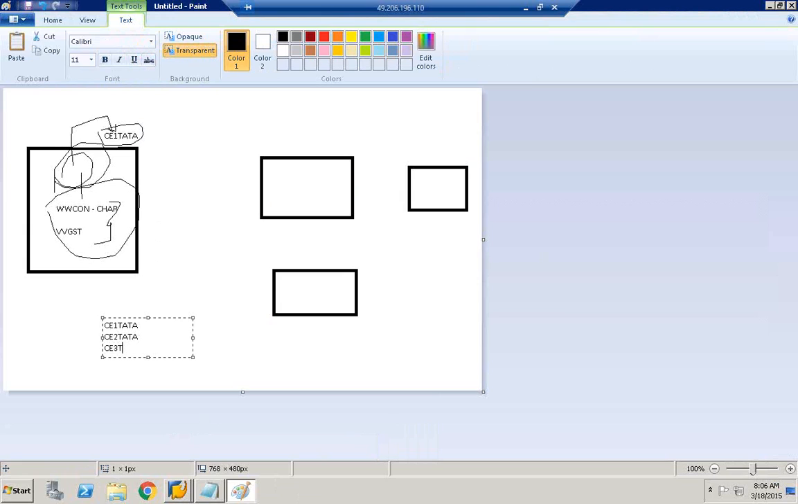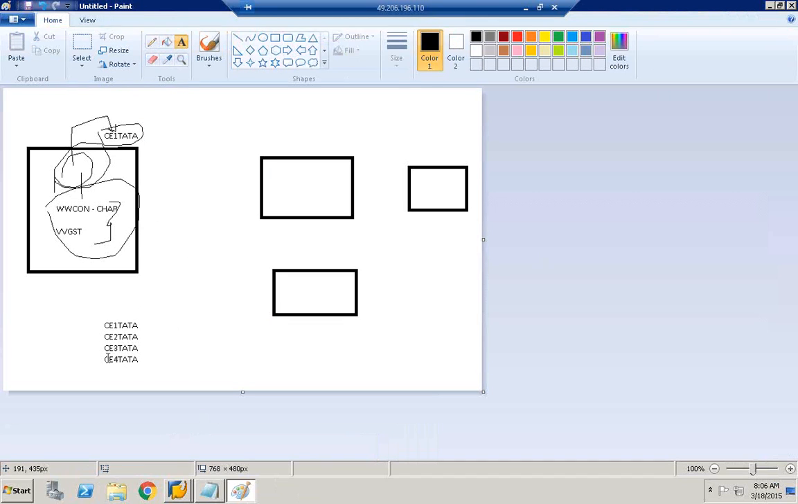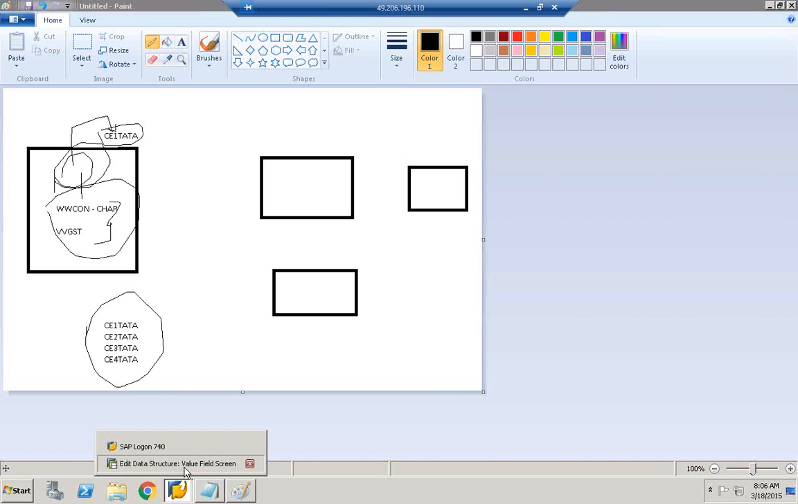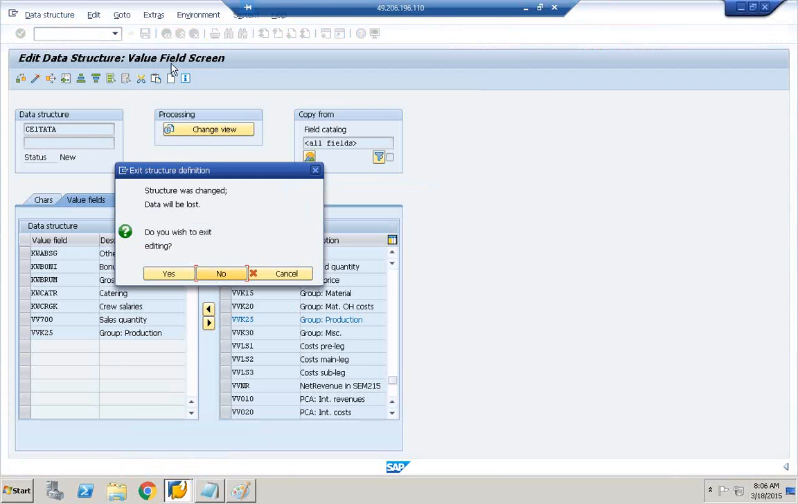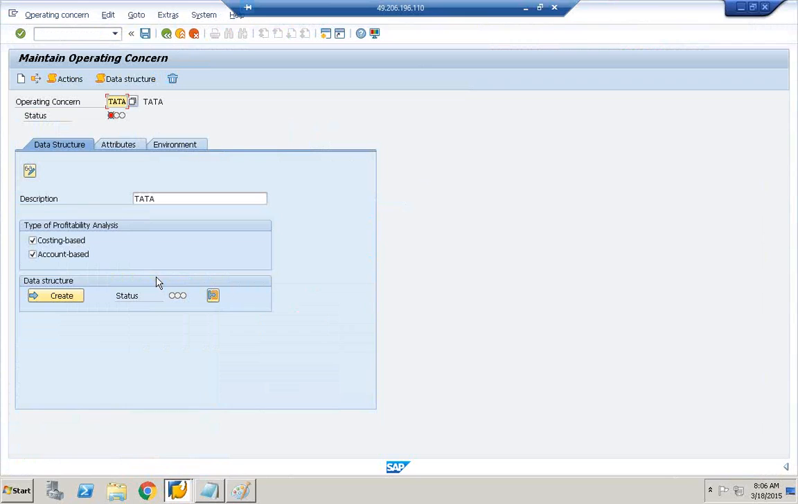Whatever I'm showing now is just good to know for us, because we will not have an opportunity to work on this. C4 Tata. Once this is generated by FI, who is doing this? The FI consultant is doing this configuration. I'll hit back, I'll click yes,